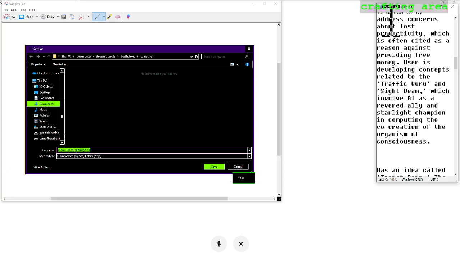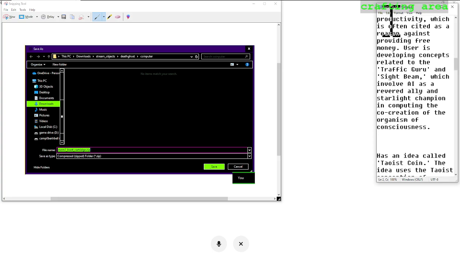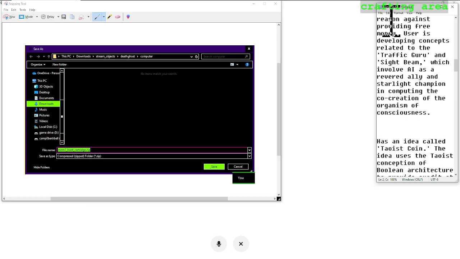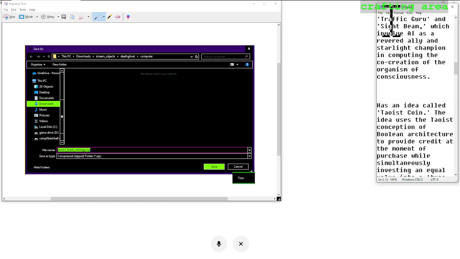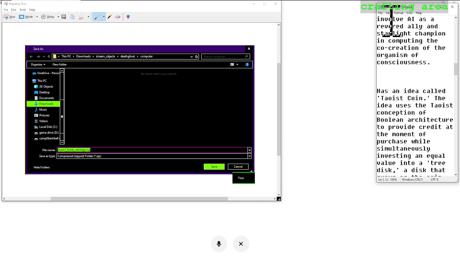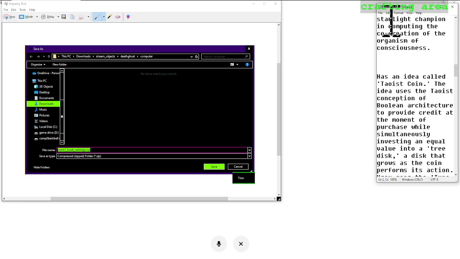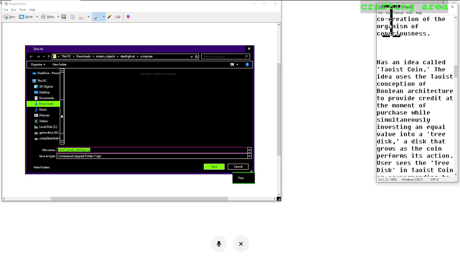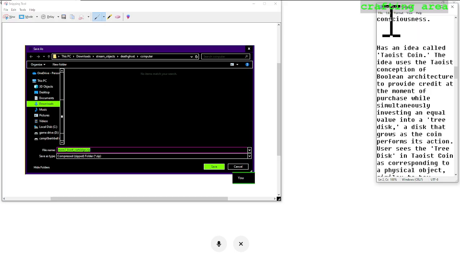Has an idea called Taoist coin. The idea uses the Taoist conception of Boolean architecture to provide credit at the moment of purchase while simultaneously investing an equal value into a tree disk, a disk that grows as the coin performs its action. User sees the tree disk in Taoist coin as corresponding to a physical object,